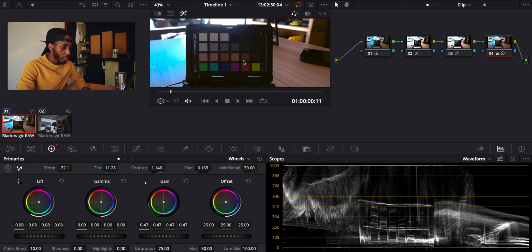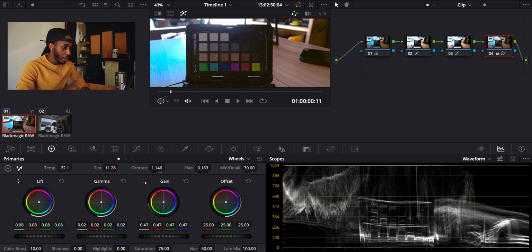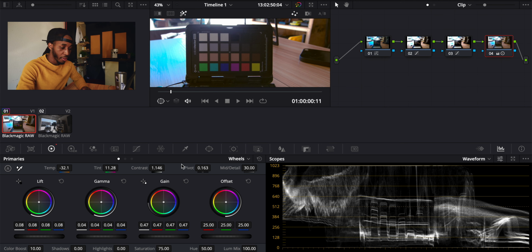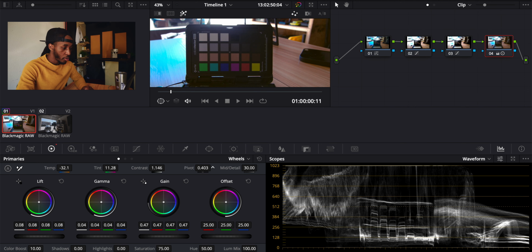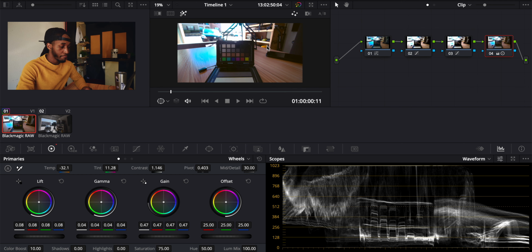So as you can see, it's kind of dark in here. I would like it to come up a little bit. So I'm just going to bring my gamma up, boom, just like that. And because I brought the gamma up, I made my colors not as dark as they should be. So I'm just going to mess with the pivot a little bit more. Boom, and yep, that's pretty much literally all I would do